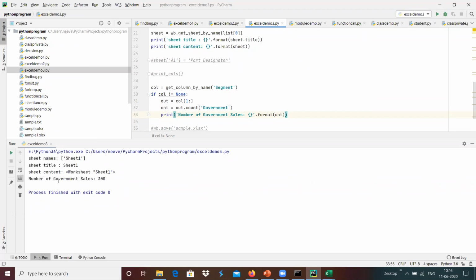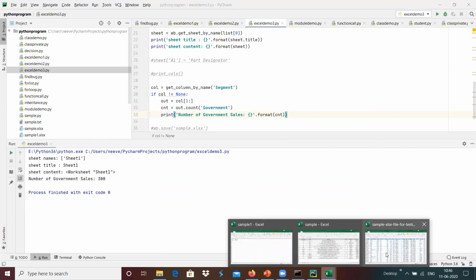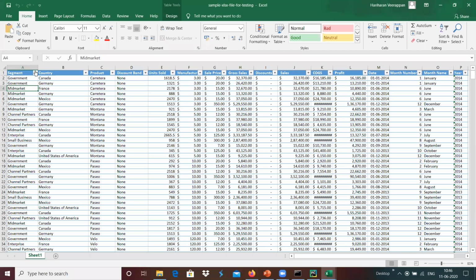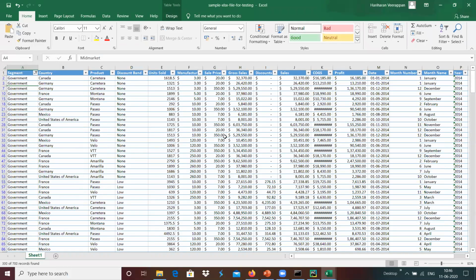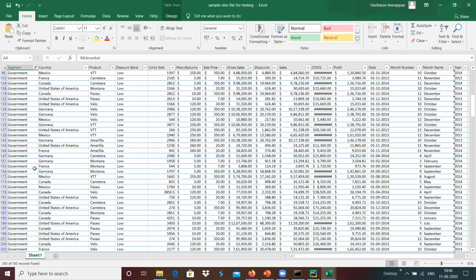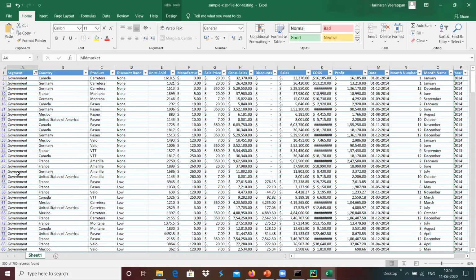Now we got government sales, which is 300. Government sales have been done over here. For example, we can confirm whether our statistics are correct or not by deselecting all and selecting only government over here, and we will see the count.